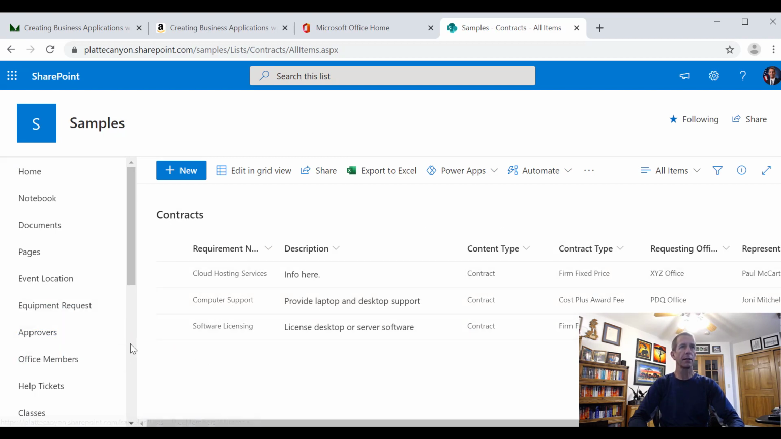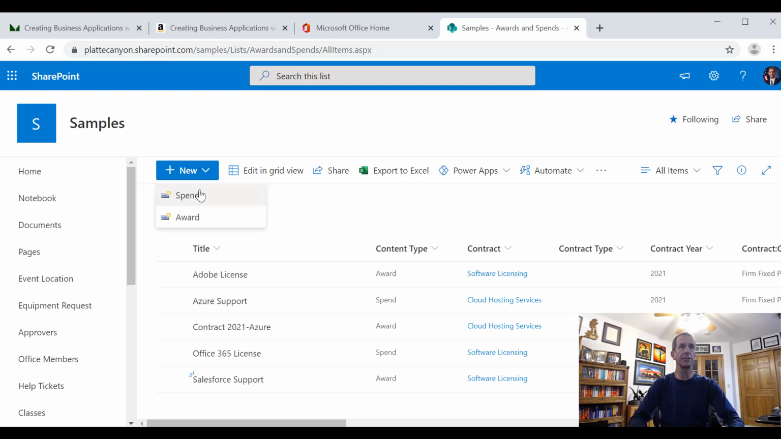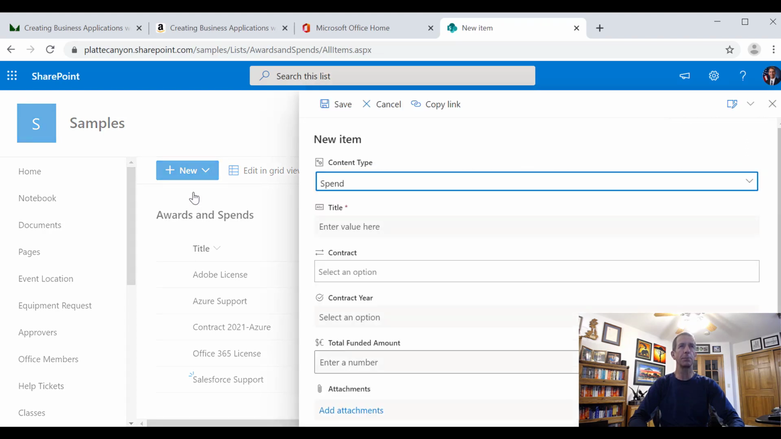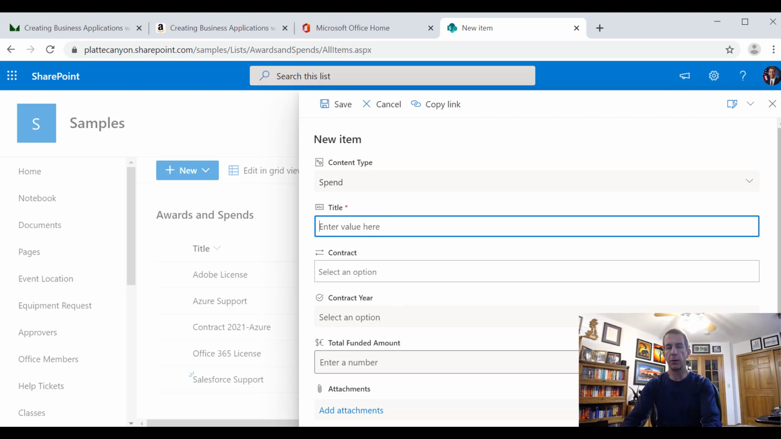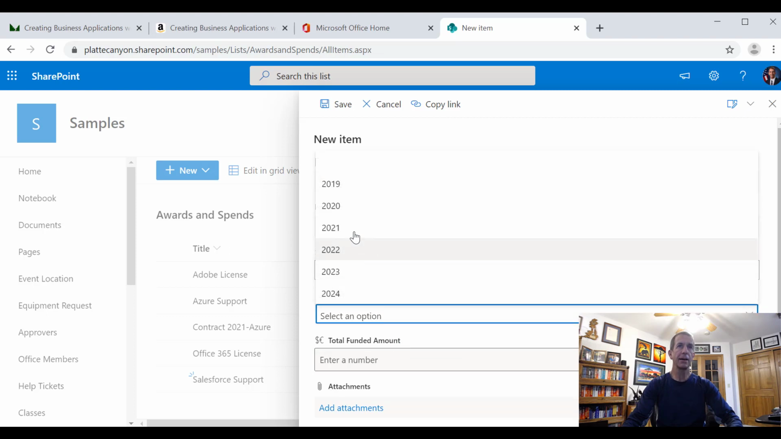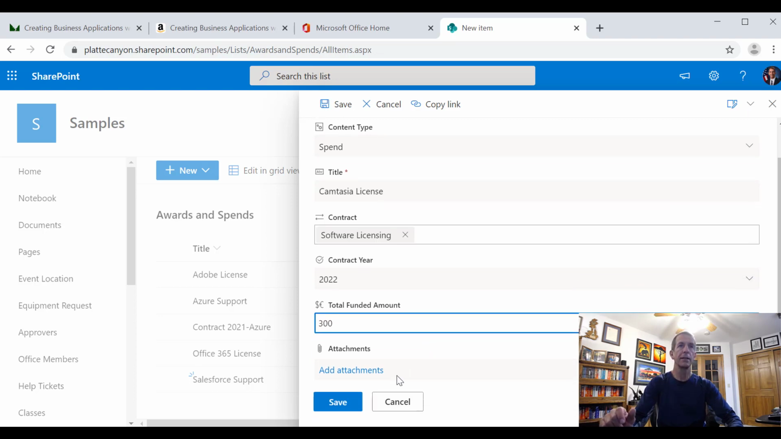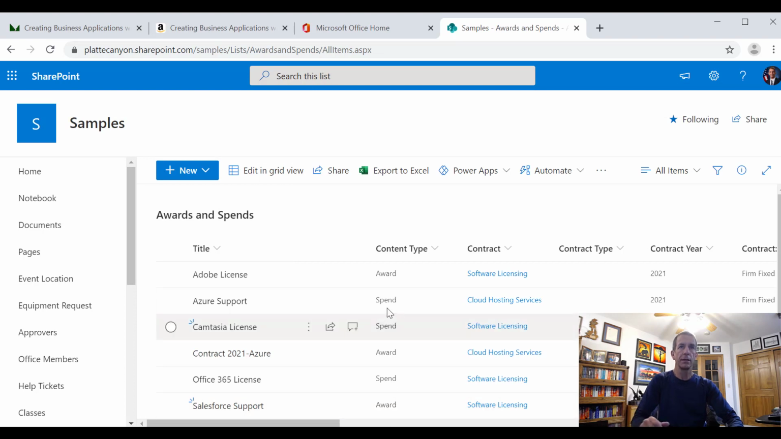So we have some new data. I added one thing already, but let's add another one. So let's just try it. Let's add a spend. And we say, I don't know, let's say Camtasia license. Since I'm using Camtasia, give them a little shout out here, and we'll say that's the lookup to the contractor. So we'll say it's software licensing. And let's just say it's for next year, so we have a little different data, and I'll say it's $300. And we save. So we've got these, and this is what we're trying to validate